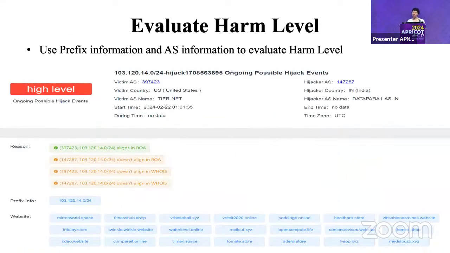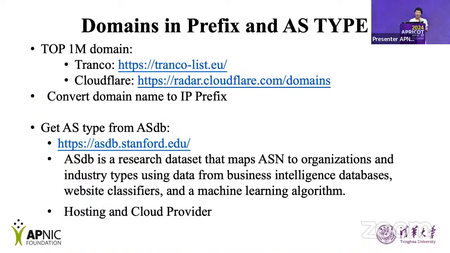Also, the platform will evaluate the harm level of each event by judging how many domain names are in the prefix, and if the AS is an important AS hosting many hosts. We get the domain information from the top 1 million domains of Tranco and Cloudflare, and convert those domains to IP prefixes.